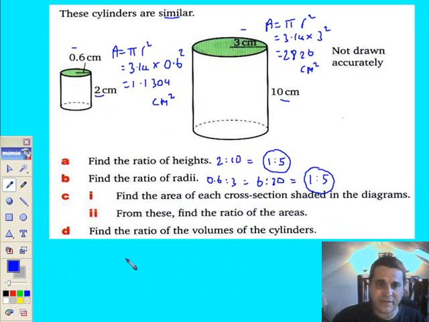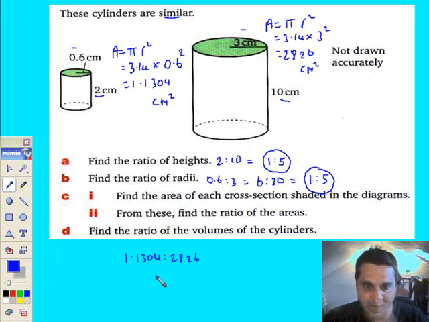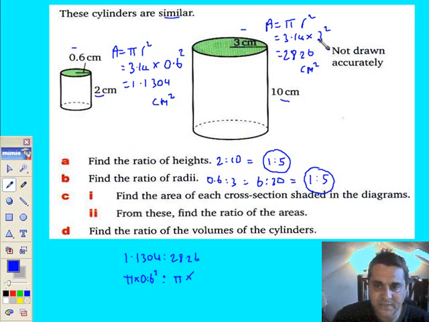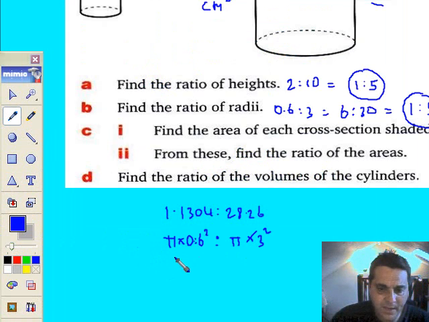Now, I know the ratio of the area is going to be 1.1304 to 28.26, but that is really difficult to simplify. So what I'm going to do now, I know the area on this side, the little one, is going to be pi times radius squared, and that's going to compare with this side, which is pi times this radius squared. Alright, so straight away I can cancel the pi's, and that gives me